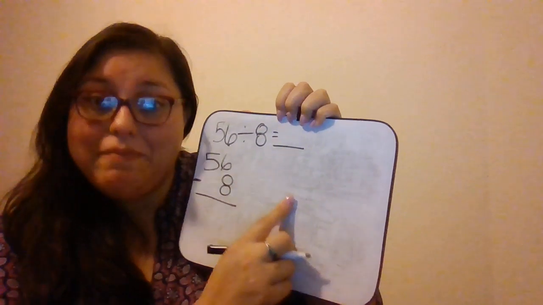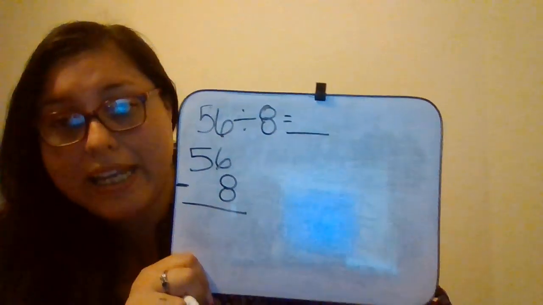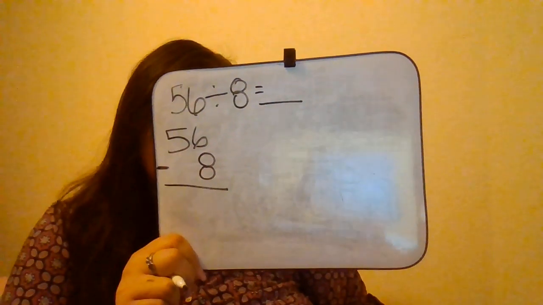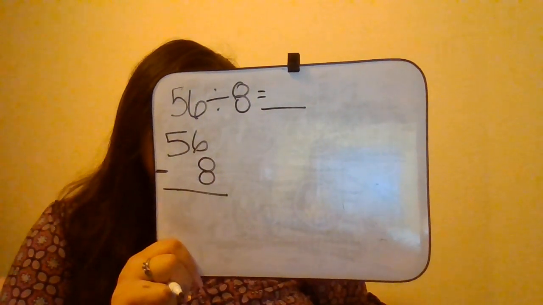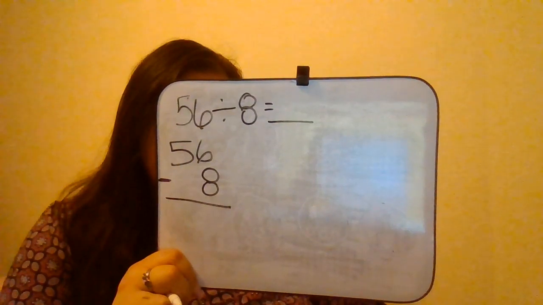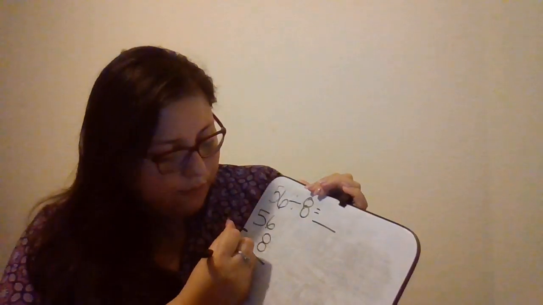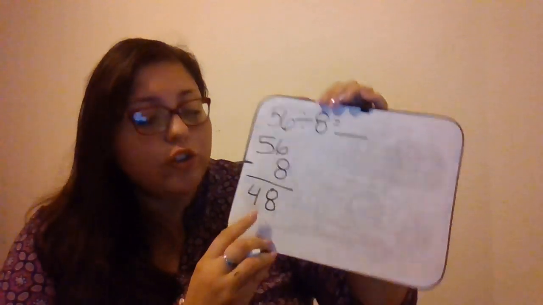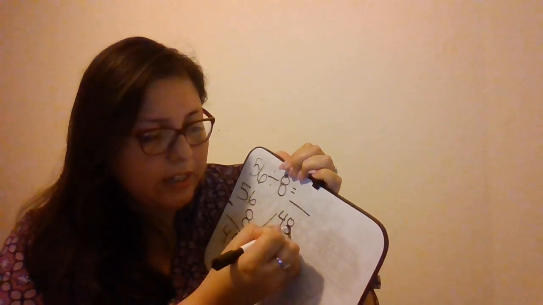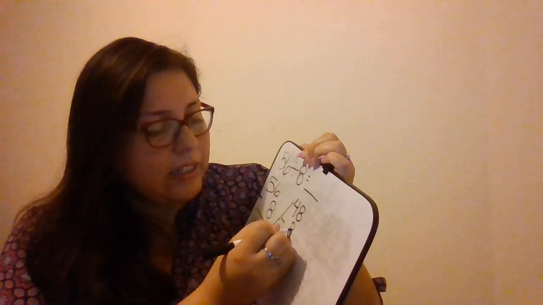Minus 8, minus 8, minus 8 until I get 0. Once I get 0, you're done. You found your answer. So let's go ahead and subtract: 56 minus 8 equals 48. So now this number 48 goes up here. You put this number up here, and you can do 48 minus 8 equals